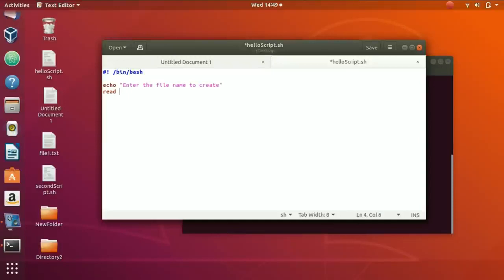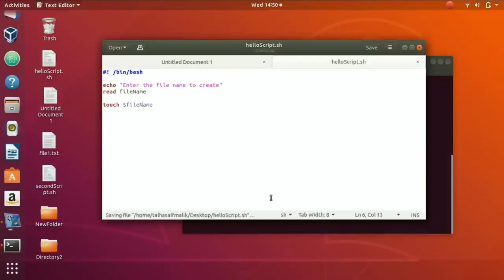Let's say we write here file name. Okay, and then we come to the next line, and now we write here a touch command. So touch command basically helps us create the file. So we write here file name, and obviously I think we have to give a $ sign here as well,